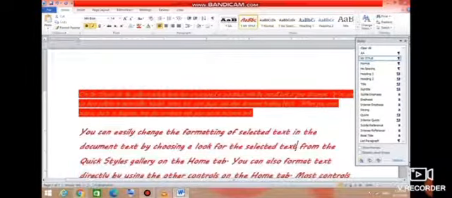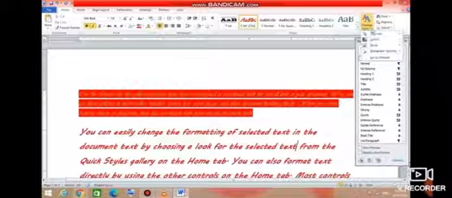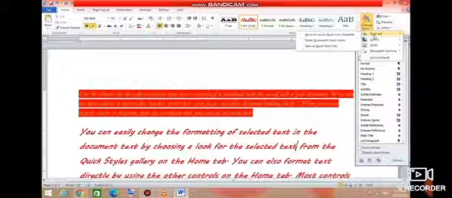Now students, changing styles. The styles we apply in our document can be changed by using the change styles button on the style group of the home tab. It has 4 options as listed below. Style set. Style set is a combination of title, heading and paragraph styles. It helps us format all the elements of the document in one step rather than formatting them separately.